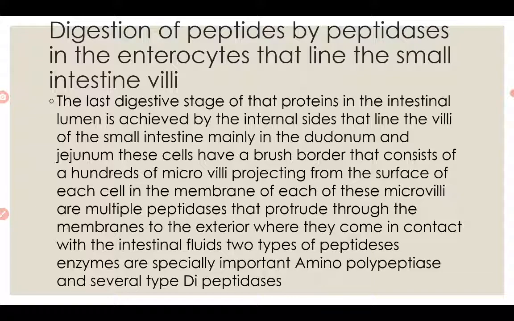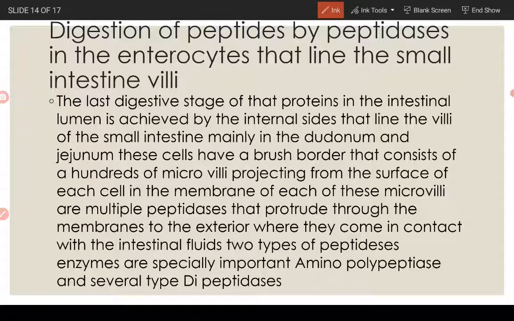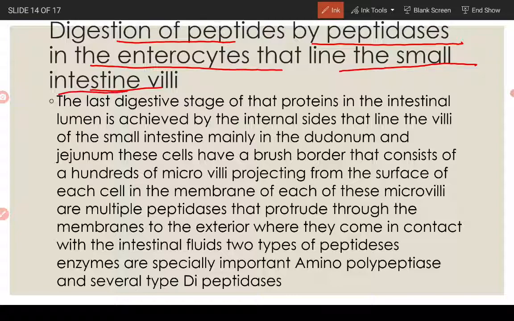So let's come to this slide. Here, digestion of peptides by peptidases in the enterocytes that line the small intestine villi. Up to the pancreatic secretion we had already read. Now we are going to read about the digestion that occurs in the intestinal villi. We had already studied the intestinal villi in the carbohydrate digestion part,